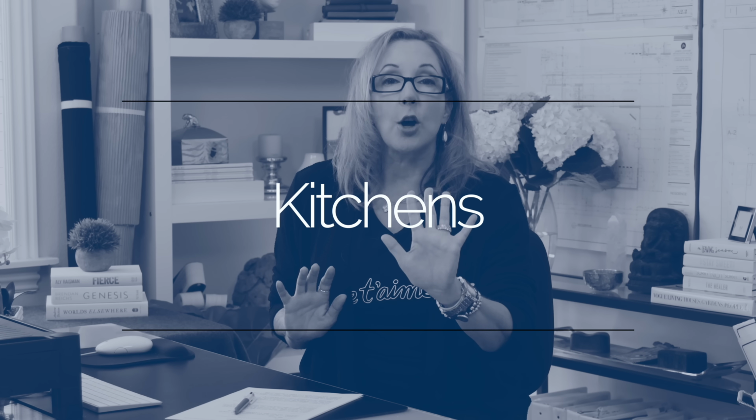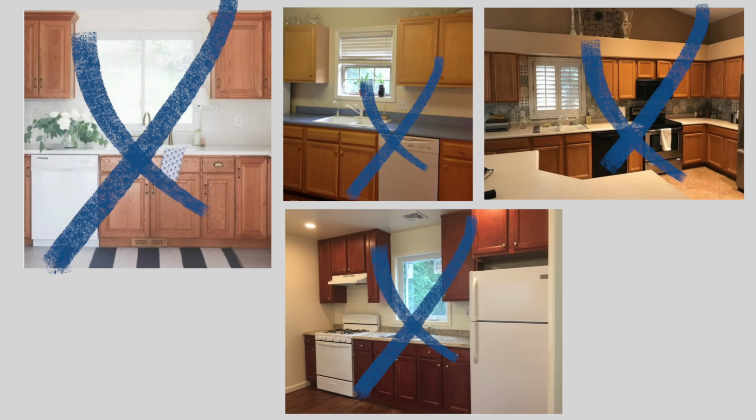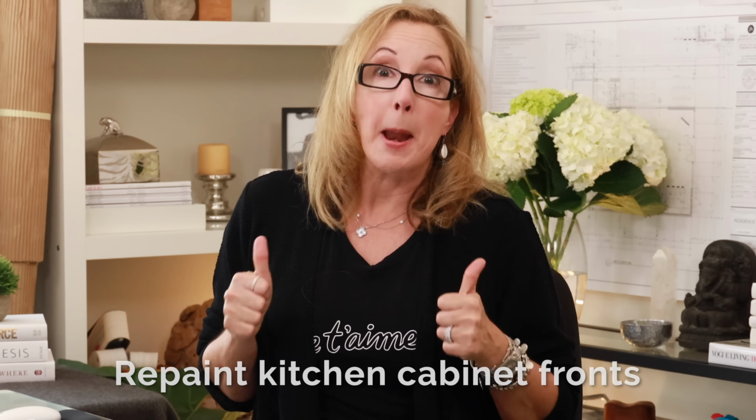Okay, so the fifth tip is all about kitchens, and kitchens are kind of a big deal because you usually see them in rentals. So first thing is, if you have those kind of dumpy old wood cabinets, you can approach your landlord about painting them. He's probably gonna do it anyway, so if you approach him about it and he says yes, then